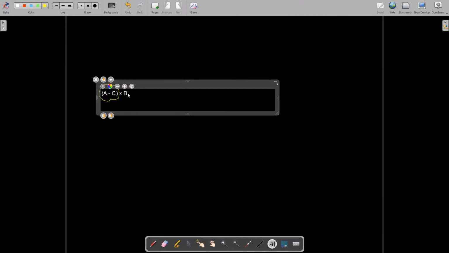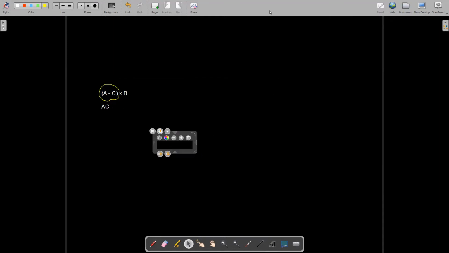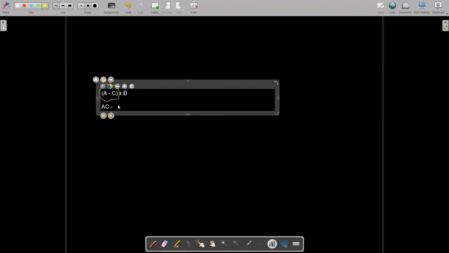That is, we will write, now I am converting it into postfix first. So AC minus. So right now, what is my expression? AC minus. Now over here, you have the other one, that is into B. Now whatever was there in A, in the bracket, that has been solved. Now what are you left with? You are left with A into, you are left with into B.